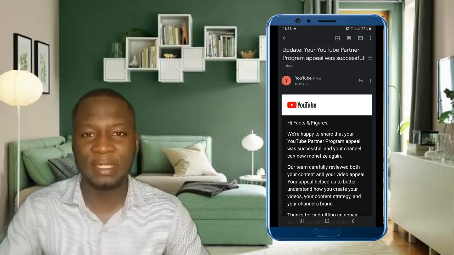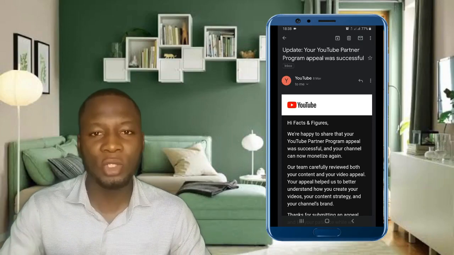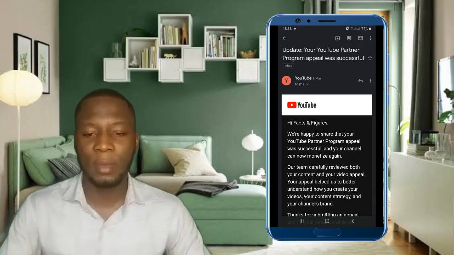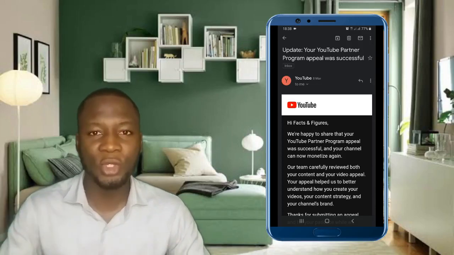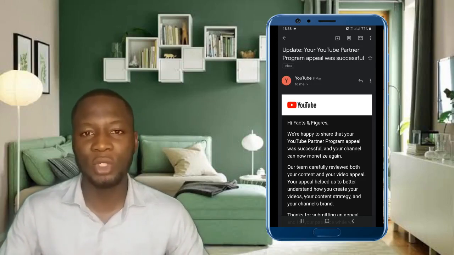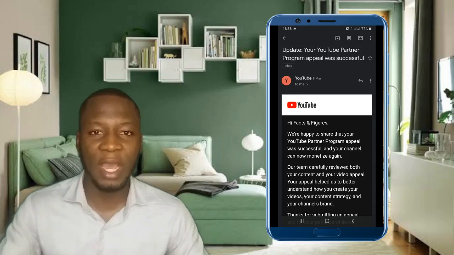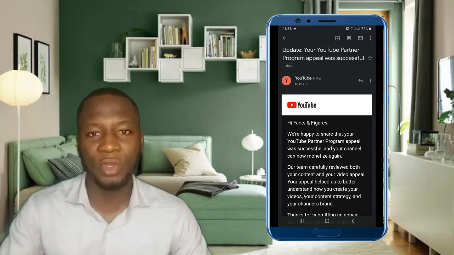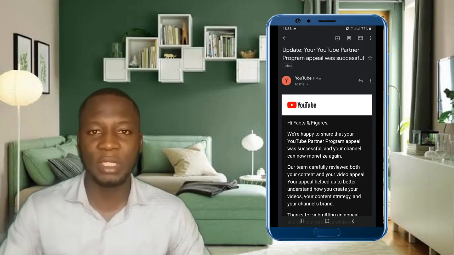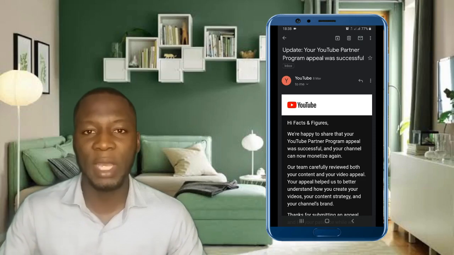And the secret is, if you really want your appeal to be accepted, you have to show YouTube all the software and applications you use in editing all your videos. If you can show them that, I can assure you that your appeal video is going to be accepted. Show them all the applications you use in editing your video. Show them some examples of the saved projects you've had of some of your videos that are live on your channel. And please do not delete any video in this application process. If you delete any video from your YouTube channel, your application will not be accepted.